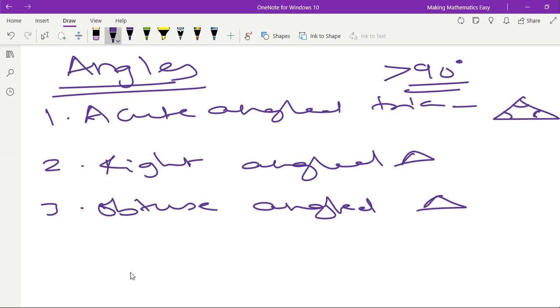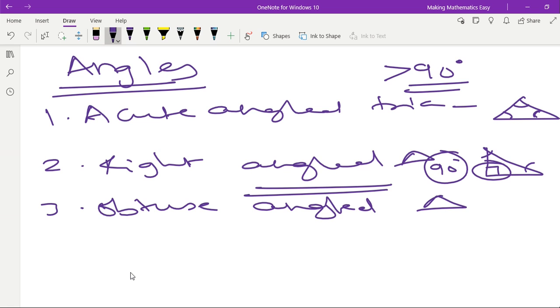Okay, in case of a right angled triangle, there will be one angle which is 90 degrees. One angle will always be 90 degrees and the remaining two angles will be less than 90 degrees. But one angle being 90 degrees is sufficient to identify a triangle as a right angled triangle. So even if you see one angle of 90 degrees, you can straight away write it as a right angled triangle. No need to look at the second and third angle, or what their measurements are in that specific triangle.